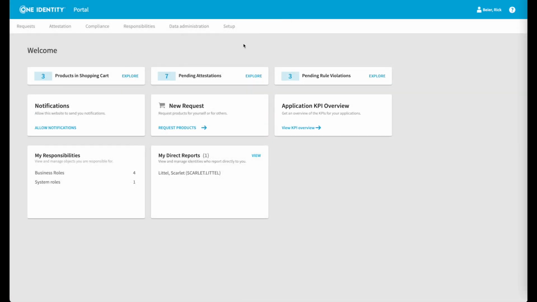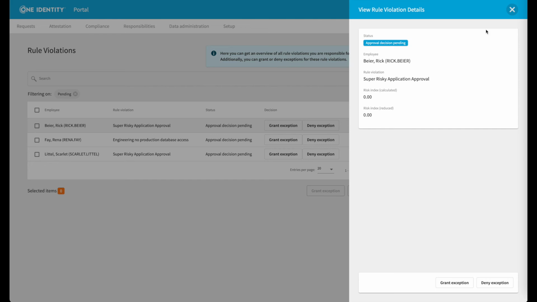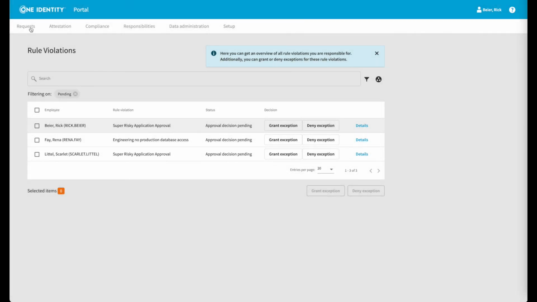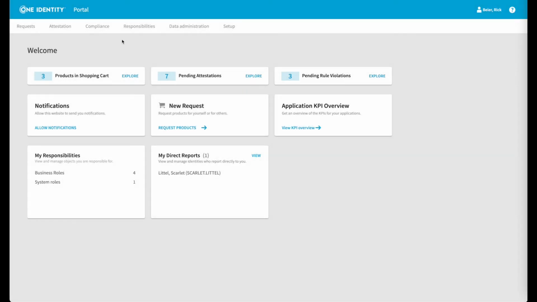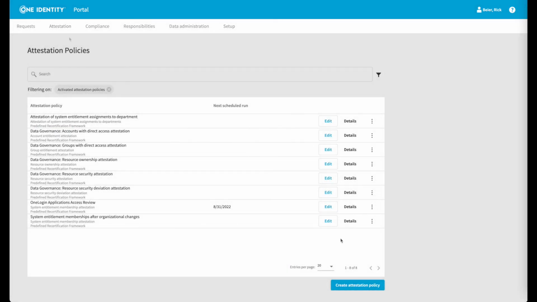The CISO in this organization has the most authority over the identity governance solution, and here we can view policies, evaluate SOD policy violations, grant exceptions, and even create entire attestation policies in real time. It's not only the admins in the system that can create access review campaigns, but this authority can be granted using an app role to responsible business users such as this CISO.